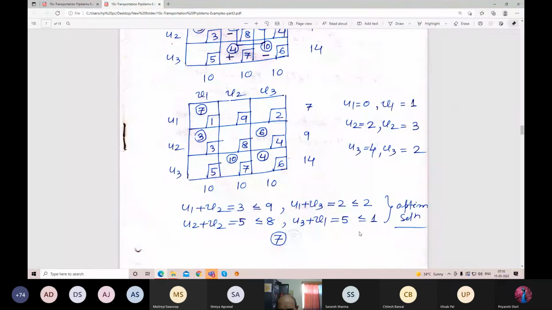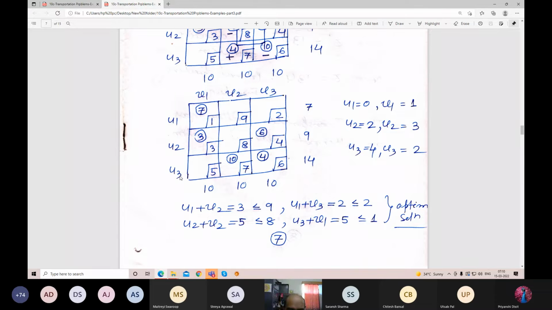Okay. So U3 plus B1 equal to 5. What is happening to this? Is this 5 fulfilled or not? Is it not fulfilled, because we have here